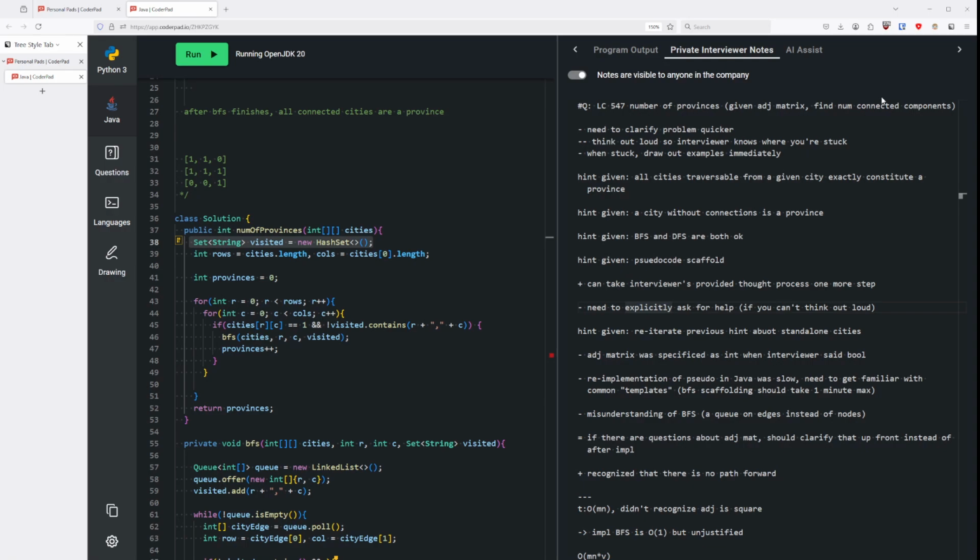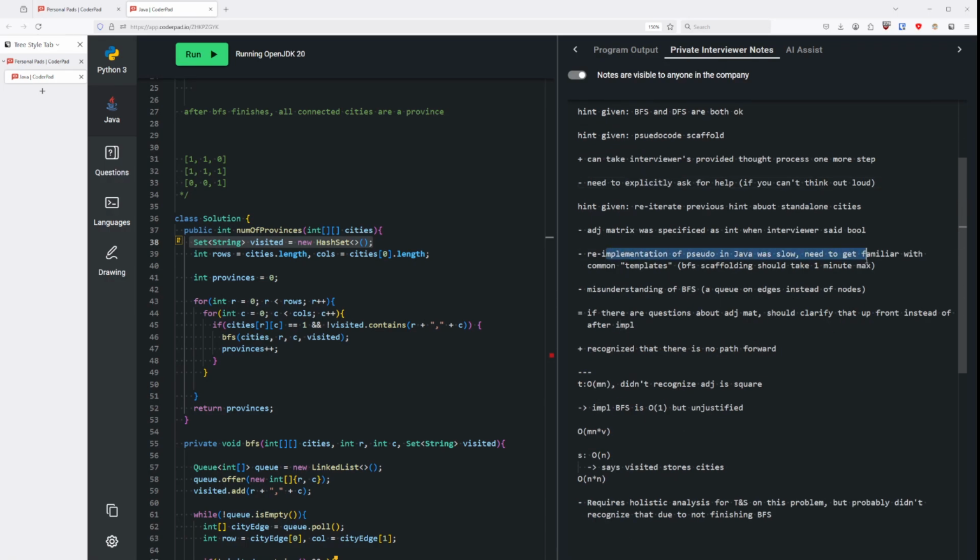Otherwise, let's take a look. There's a couple other things I'll say just as notes. BFS, DFS. Obviously, I told you that you can pick either one. The one you pick, you should be really, really familiar with. So in this case, one thing I will also suggest again is when you're writing common template code, like for example, setting up a BFS, you shouldn't start off thinking about how BFS relates to the problem necessarily. You should just immediately bang out a BFS template, right? And it should take you, I wrote here, 1 minute max to write out a generic BFS, and then go back, put in the types for the queue, choose to use a linked list or array deque, whatever it is, figure out